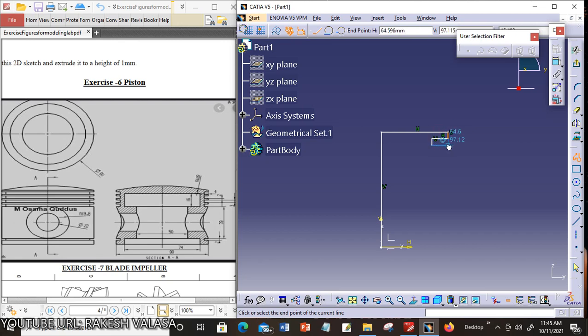This blue color indicates the vertical lines. This is the 1, 2, 3, 4.